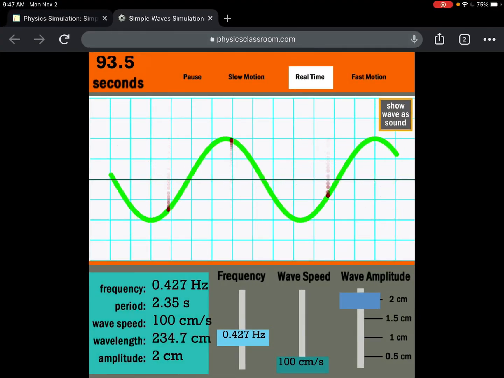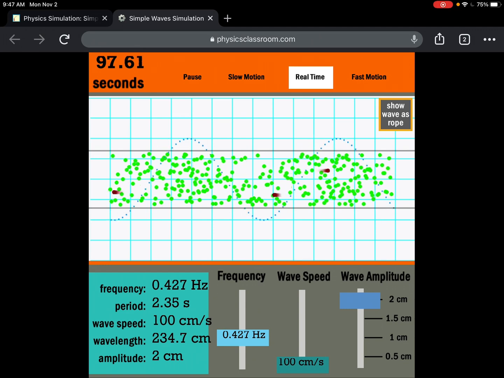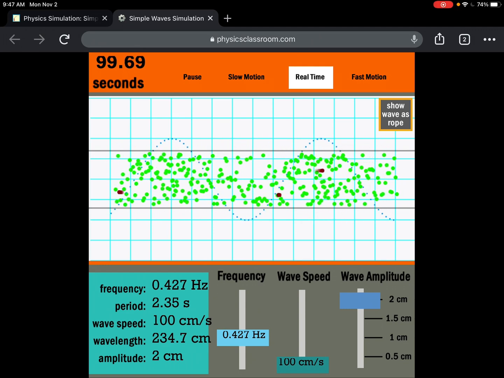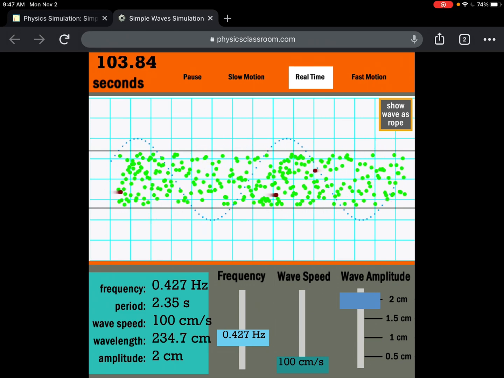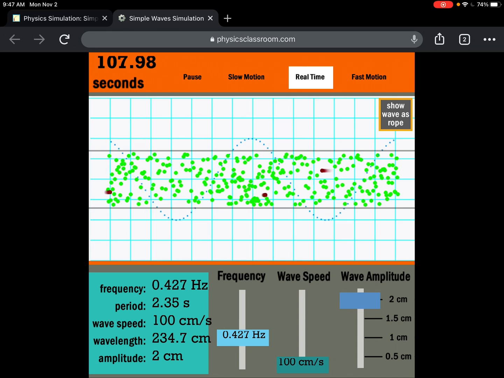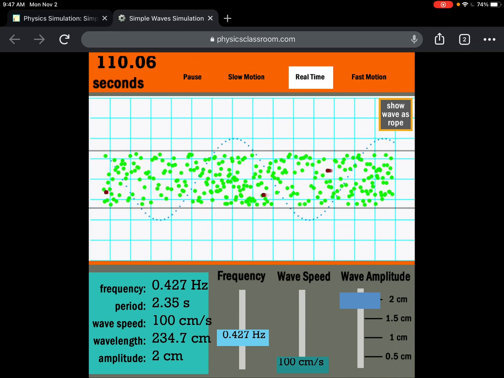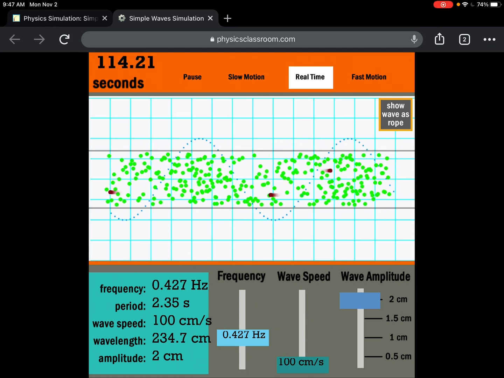And so if we come back and look at the simulation again, here would be a representation of a bunch of air molecules undergoing a compressional or longitudinal wave. So you can kind of see there's these bunched up spots that are moving to the right here. The higher density areas are moving to the right. But again, we look at our just 3 random particles that they've colored with this kind of purplish color, and they're just moving back and forth.